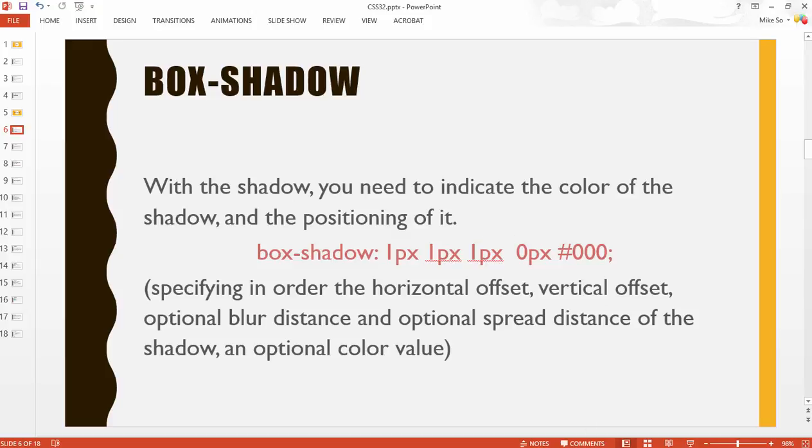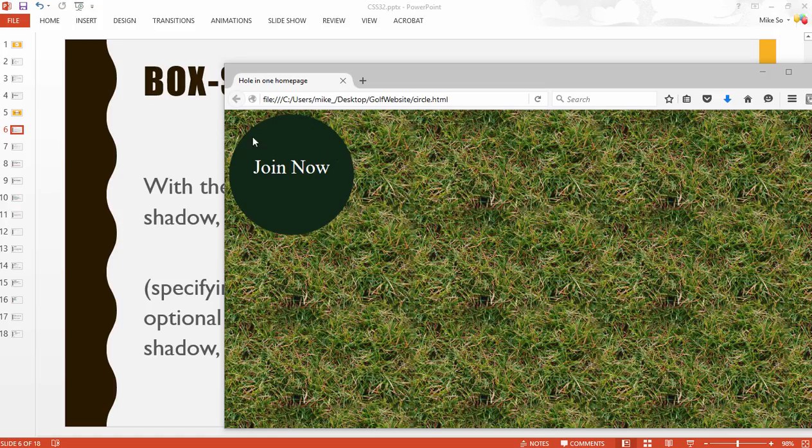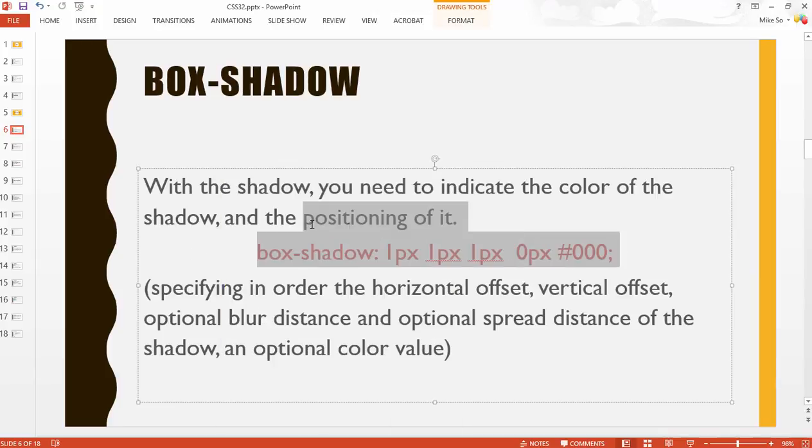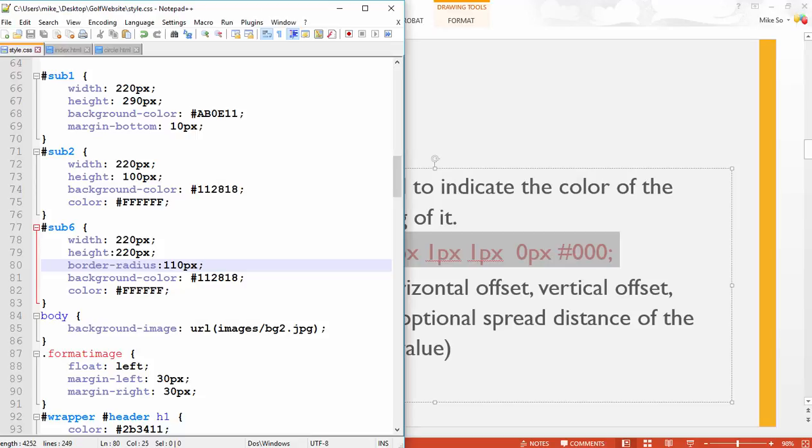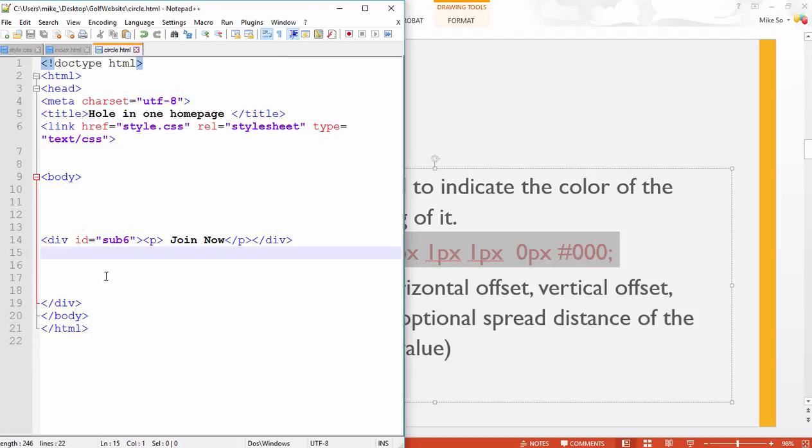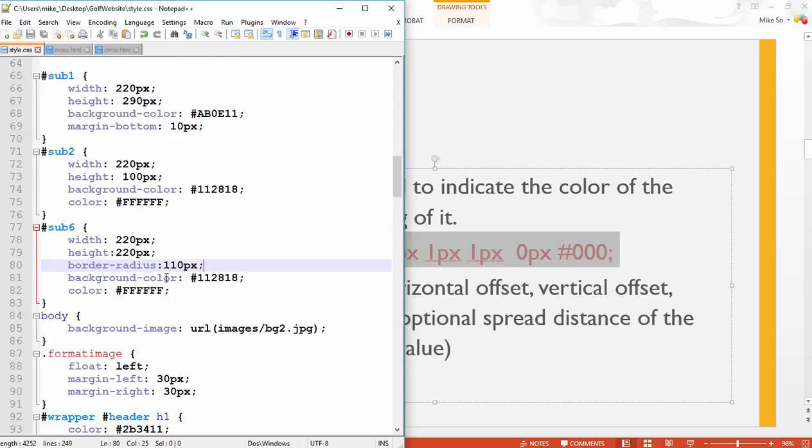Now in one of my previous videos I showed you how to create a circle using the border radius. So let me open up that page real quick. You see here we've got this circle added, and what I'm going to do is take this code and add it to the style within that div section itself. It happens to be what we call hashtag sub 6. That's how it's set up for the circle. If I go to my circle page, there's hardly anything on here except for a div tag with the ID sub. So I'm just going to add it to the existing style,